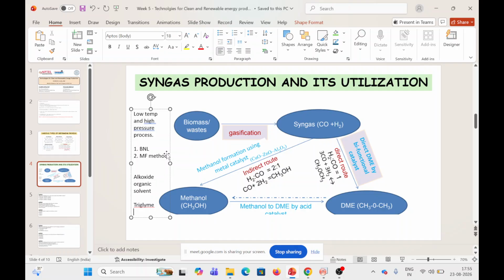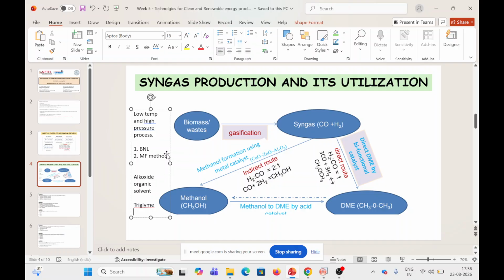The amount of damage that we are going to do in the process of production of energy is going to be minimal. So that is the reason these cleaner fuels are actually produced, because if you use carbon monoxide and H2 directly, they can also be used as direct resources of energy, but they're actually going to pollute the environment. Carbon monoxide is a pollutant, so that is not environment friendly.